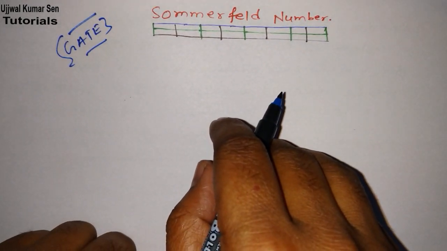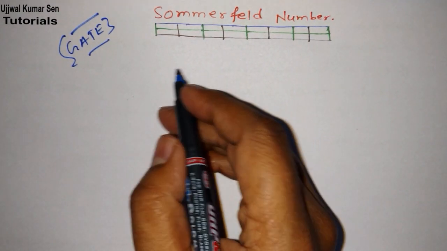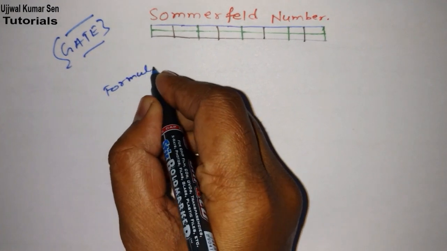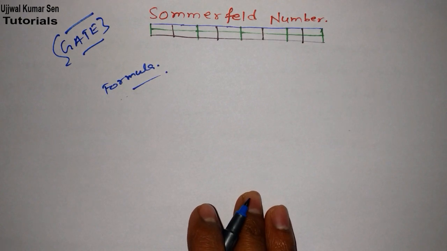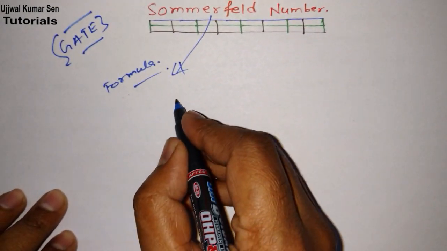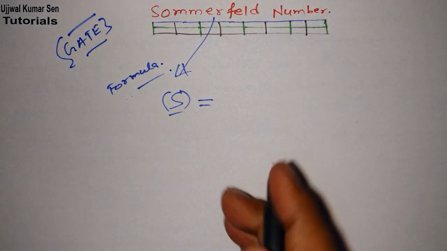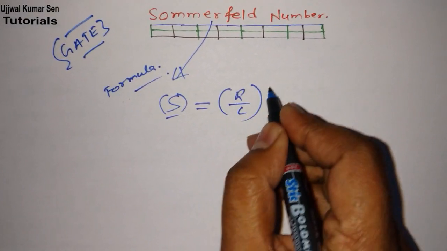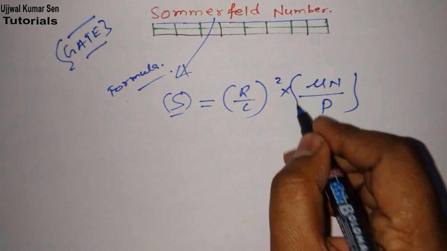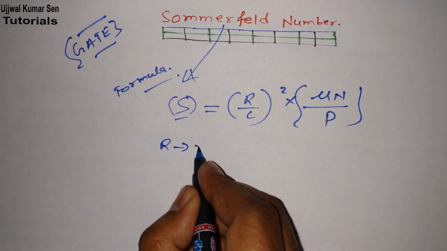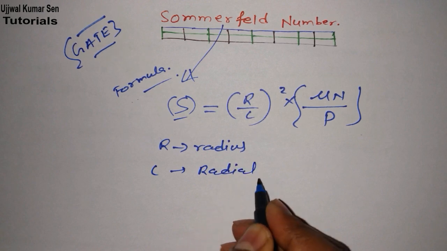I hope you are ready, right? For solving a numerical problem, what is the first thing we require? That is the formula. So what is the formula for Sommerfeld number? We denote Sommerfeld number by S, and the formula is S equals (R by C) whole square times mu N by P. What is R? Basically it's the radius, C is the radial clearance,